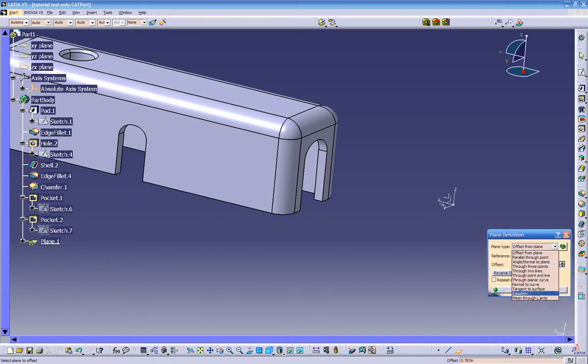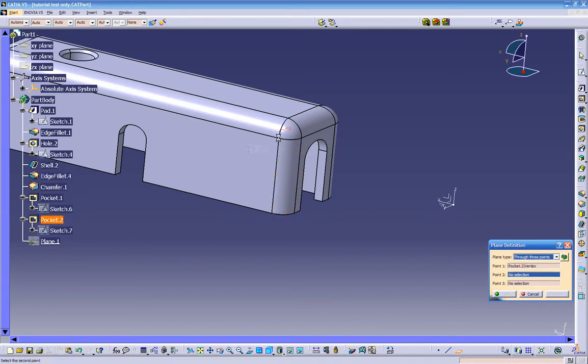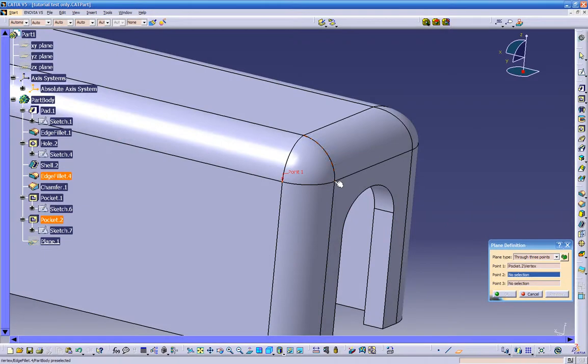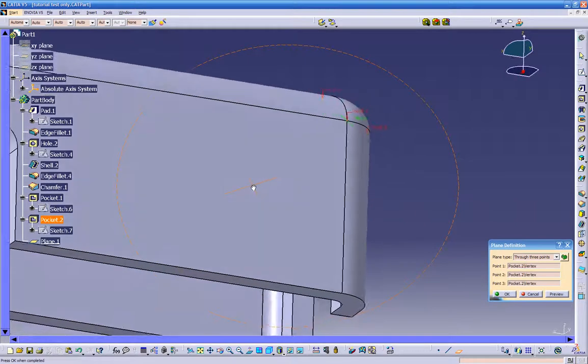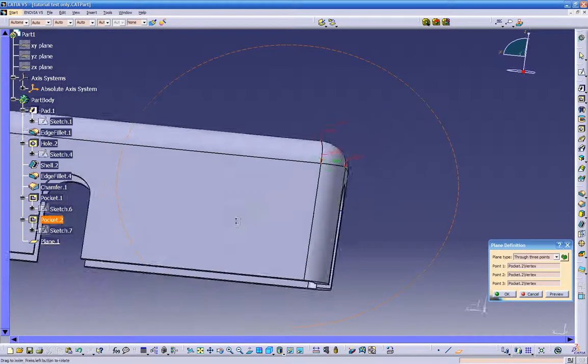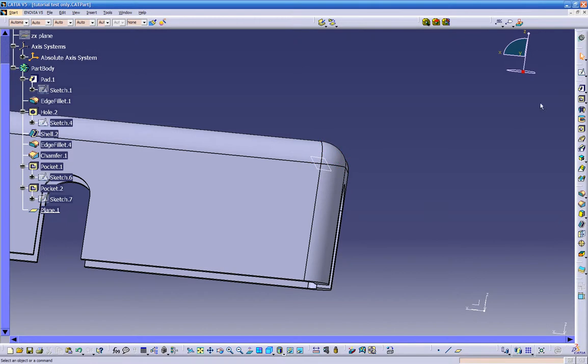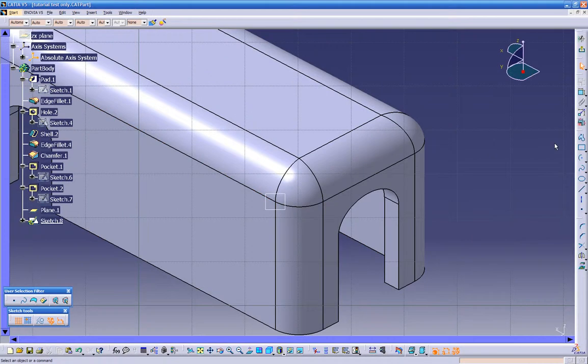It's got quite a bit of ways of creating planes: offset from a plane, parallel to a point, to 3 points. So if you're going to create a plane to 3 points, you just click on this and it's going to ask us to select point number 1. It's point number 1 right here, point number 2, and point number 3. So if we see, we got a plane through the 3 points, and if we click OK, now we can open a sketch onto this plane and we can build our whatever shape